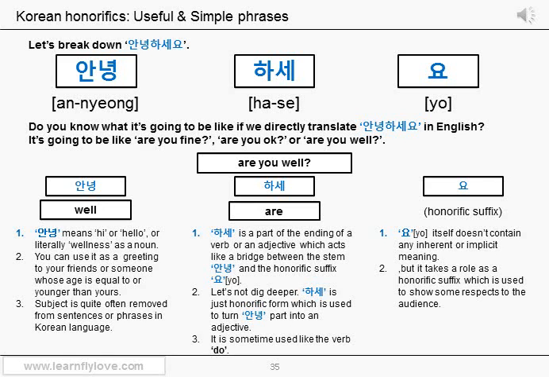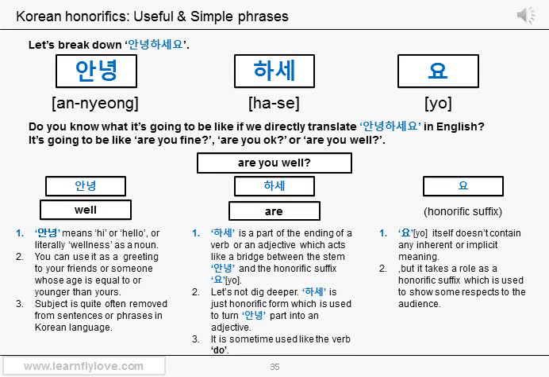So it takes the place of the be verb "are" in the English sentence, "are you well?" 하세 is sometimes used as the verb "do." So anyway, it takes the verb part. The last part, 요, is just an honorific suffix. No need for the explanation. 요 itself doesn't contain any inherent or implicit meaning. No meaning. But it takes a role as an honorific suffix, which is used to show some respect to the